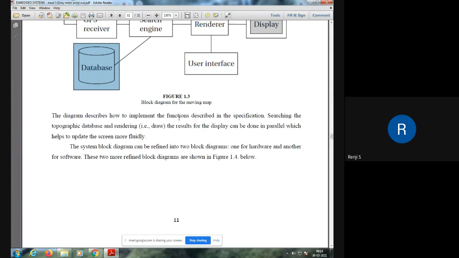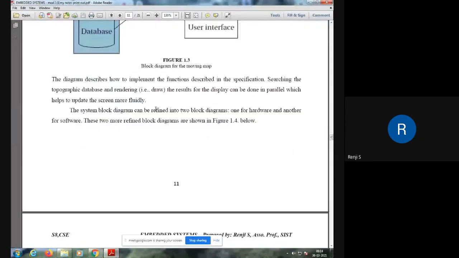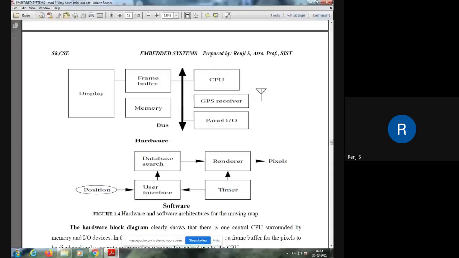This first diagram shows the entire architecture, which includes both hardware and software units. From this block diagram, we can separate it into two diagrams, one for hardware and the other for software. The first figure shows the hardware design of the system. In the hardware architecture, there is a central processing unit, a GPS receiver, which is again a hardware unit, and I/O devices.